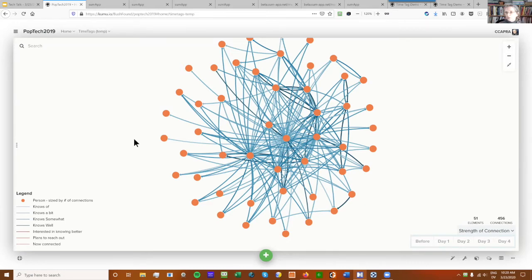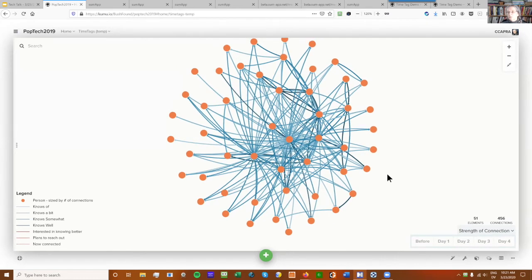Funders, especially foundations that are funding networks, love this when they see it, because if they're funding a network, they want to be able to measure, and it's hard to measure outcomes in a network. This is one way you can measure. If the point of a network is to build relationships, then this will show us that. In this particular instance, this is really not a network. This is an event. This foundation brings all these people together for this 3-day event, and they want to build the map. And so they use time tagging as sort of a rah, get on the map. Here's how we can measure our progress of getting you people on the map. So it's no deeper than that, but it does work.